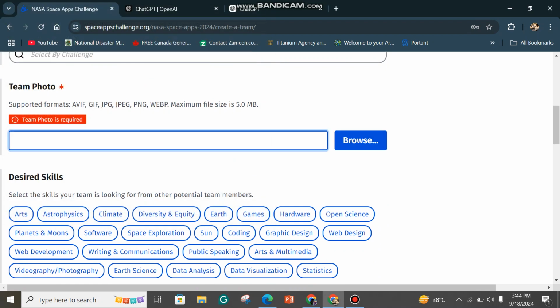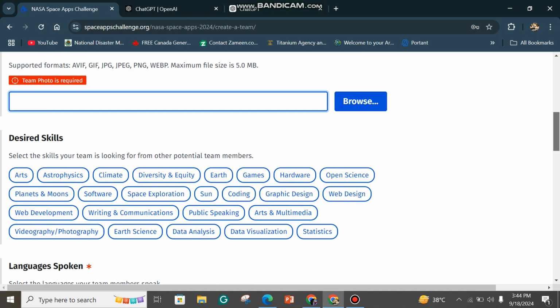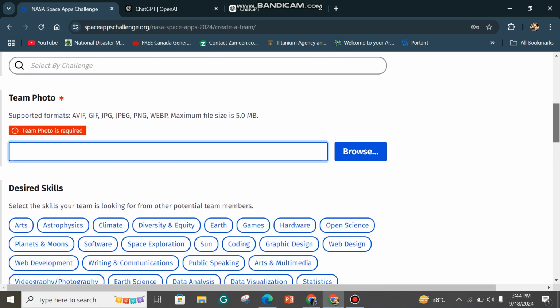For example, if you already have your team, which should be of 6 members, you need to take a picture of them. For example, if one person is living in one city and another is in another city, then the idea is you can create a collage of the pictures and then upload it. But one photo should be uploaded if you want to create your own team. And then, for example, if your team consists of 4 to 5 members and 1 to 2 members are not in your team yet